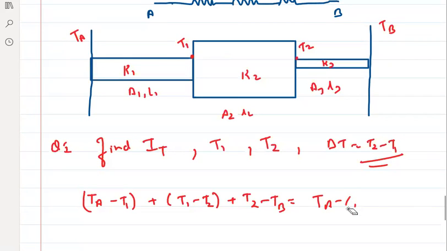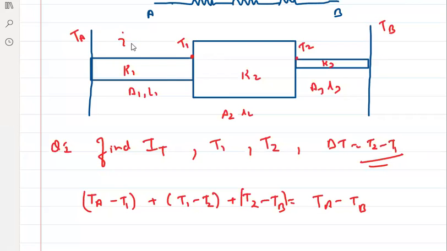Anyone have any issue on this? First step clear to everyone? Yes, raise your hand. Yes, very good. And let's suppose, since this is your series combination,